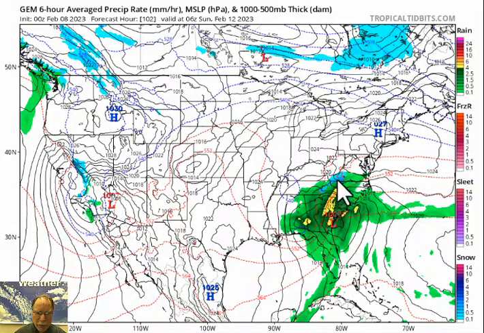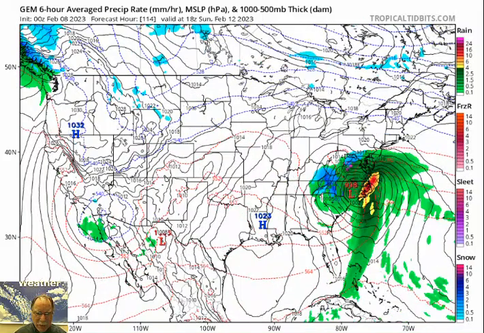Notice already a little bit of blue showing up in those higher elevation locations. Again, that'll be a key factor with this weekend system, elevation dependent possibility for snow and sleet later on Saturday into the day on Sunday.